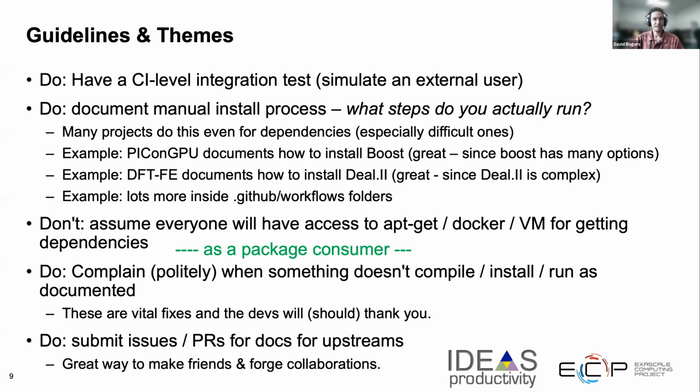Similarly, for DFT-FE, they have a giant dependency on deal.II, which is a finite element package, and deal.II is complex to install, but DFT-FE documents how to install it specifically for use in this package. You can actually look through the GitHub Workflows folders as a last resort for packages that don't do this, but I recommend talking about your install process. Don't assume that everyone has access to apt-get or some sort of virtual machine for getting all the dependencies and running them. Talk about how you would install them through the shell so that users